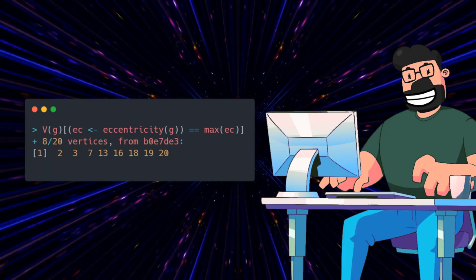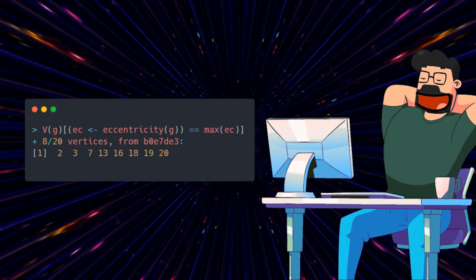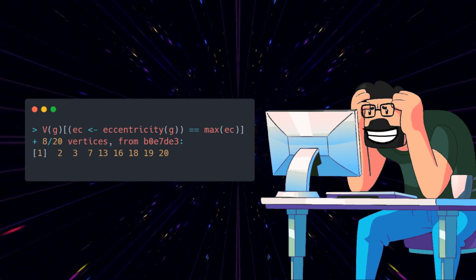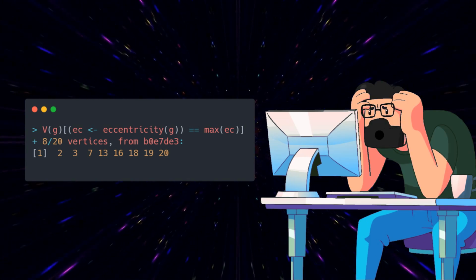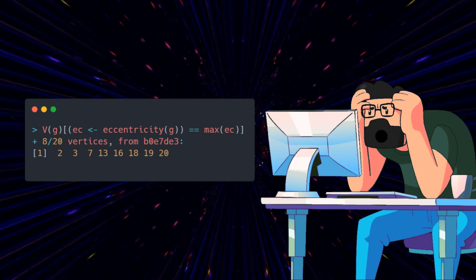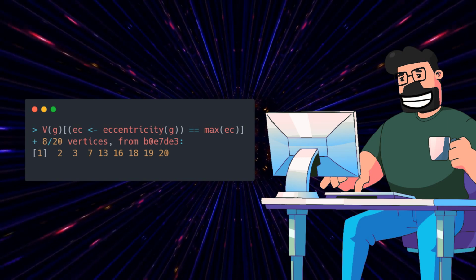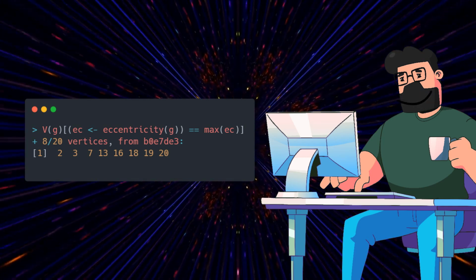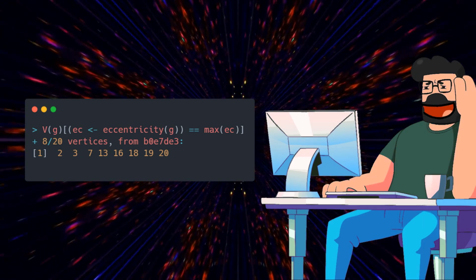Continuing with the solution, another effective approach is to leverage the eccentricity function. This method proves to be more efficient than using distances and provides a straightforward way to determine the nodes located on the perimeter of the graph. By calculating the eccentricity of each node and selecting the ones with a maximum eccentricity value, we can easily identify